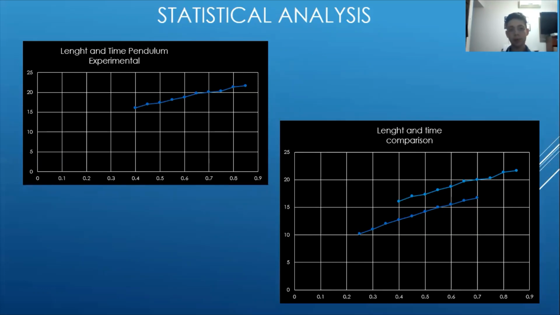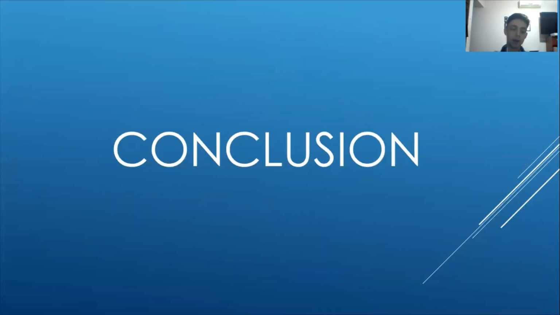The first one is the one that I made. And the second one compares the experiment that I used as a basis with the one that I made. As you can see, even though they're not similar, they're not exactly the same, and that is because I didn't use the same lengths as them. You can see that there is a similar trajectory of going up. Now, my conclusion from this experiment is that